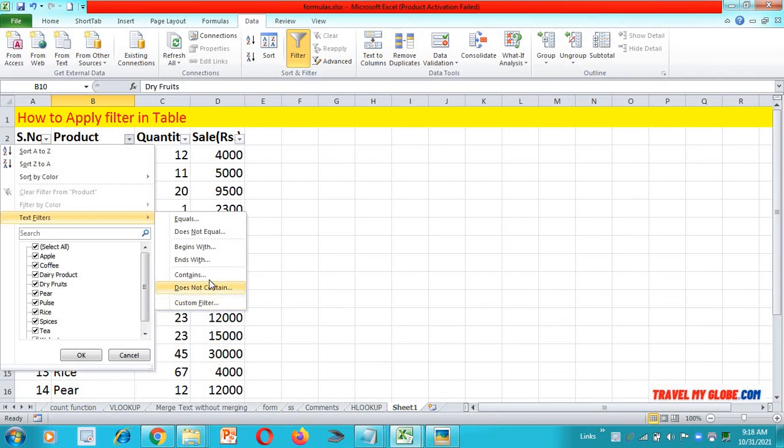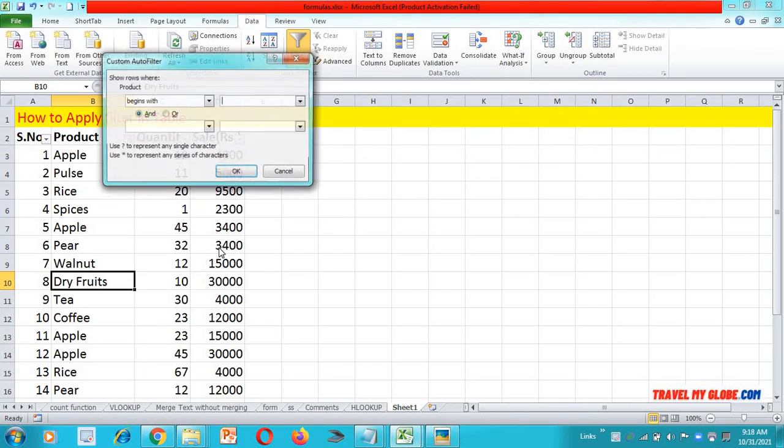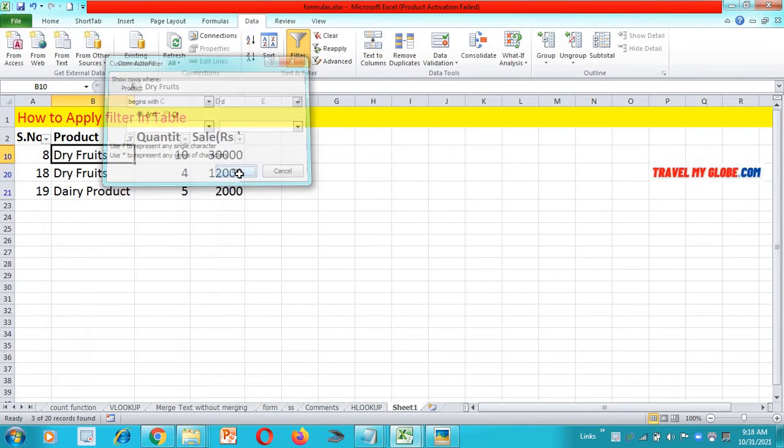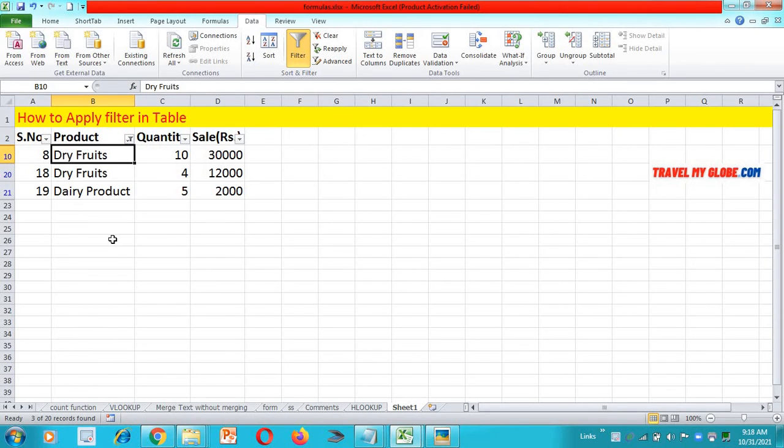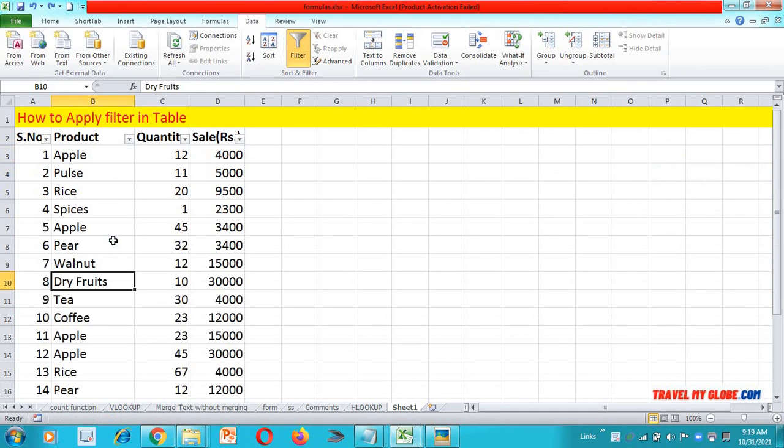So this time I'm going to try begins with option, as I want all the products that start with the letter D. So if I click on it, you will see a dialog box will appear, and it will ask you what rows you want to present, those which start with letter D. So if I type letter D and press OK, then only all those products that start with letter D will be displayed. So this is how filter works, and you can do this by using text filter option.